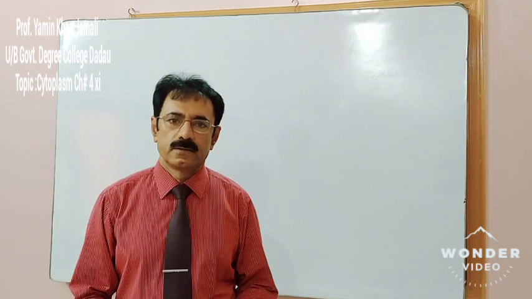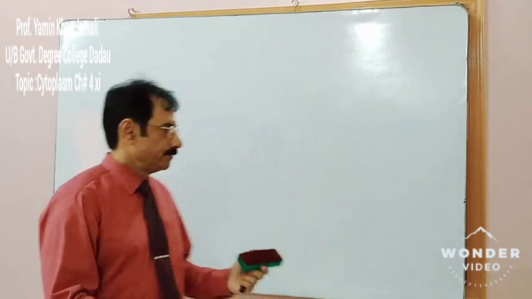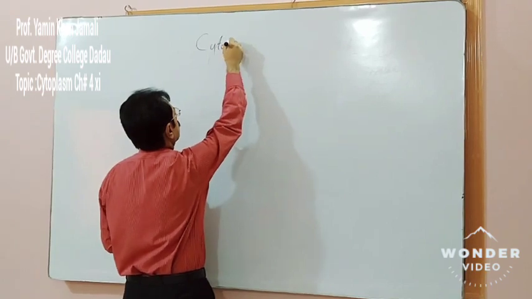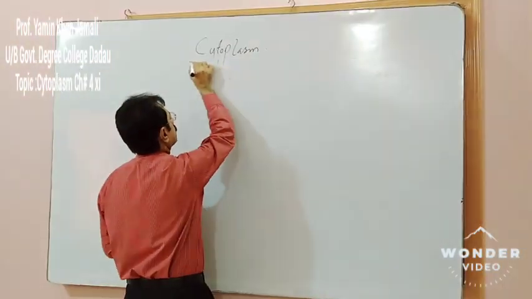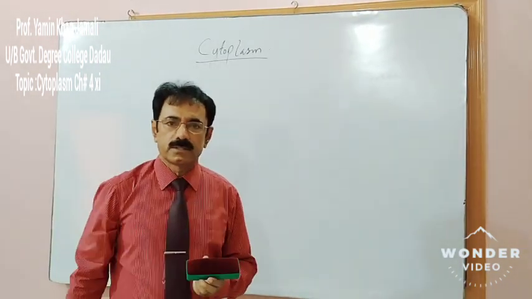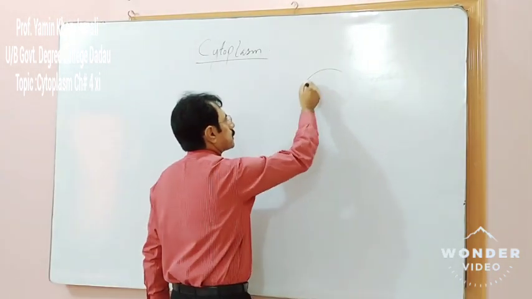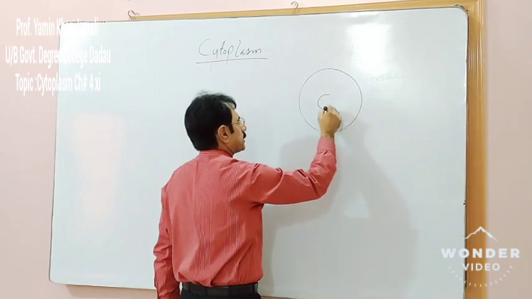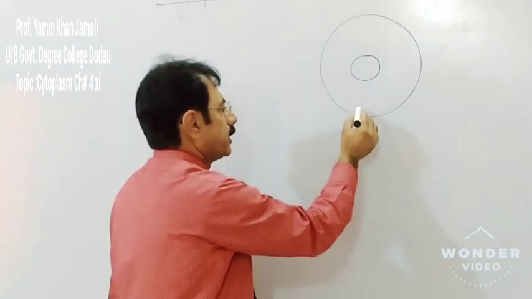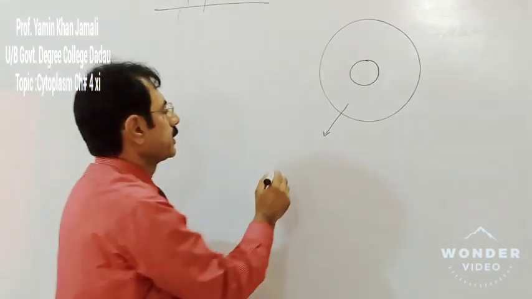The topic which we discuss today is cytoplasm. Cytoplasm is a jelly-like substance that lies inside the cell membrane. Suppose this is a typical cell. The membrane is the cell membrane, and the jelly-like, translucent substance inside it is called